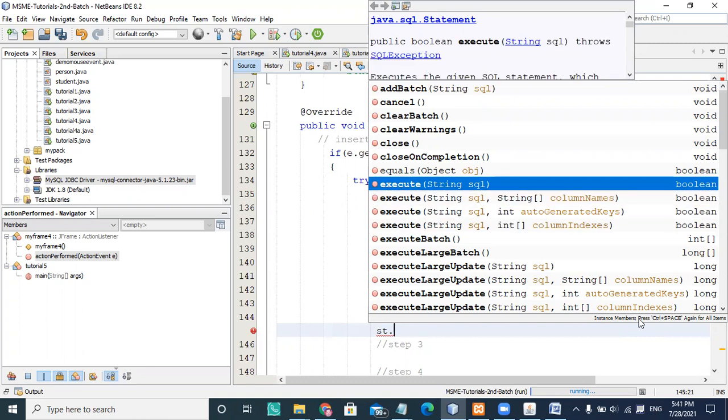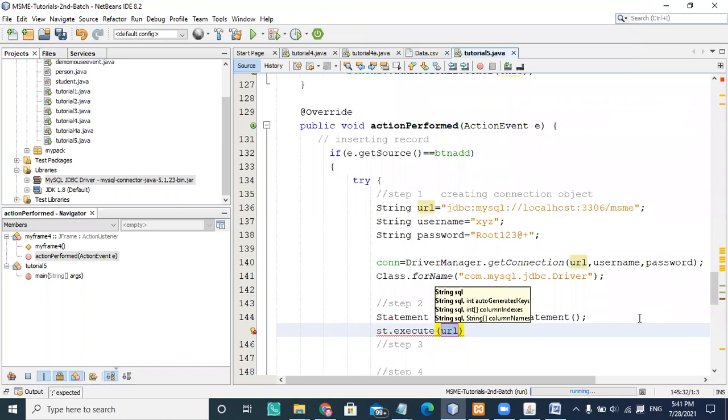I'm interested only in executing a string SQL here, so you are supposed to write a query. For testing, I simply write insert into student. I'm going to insert values inside the student table, and for testing purposes I'm using roll number one because it is automatically generated.